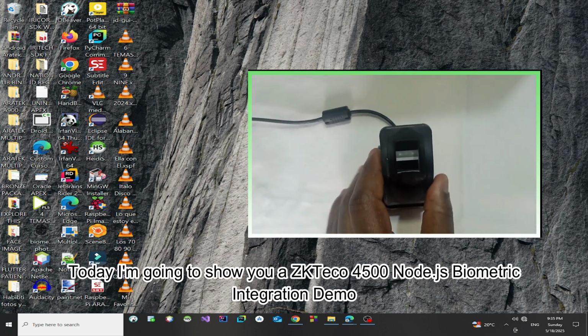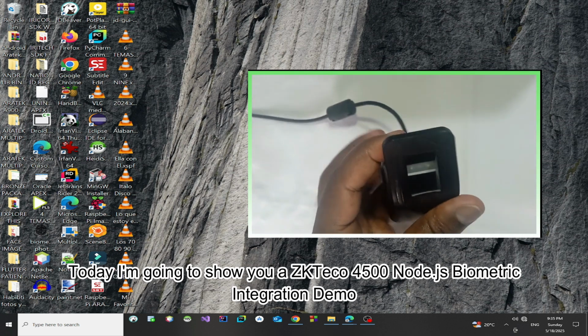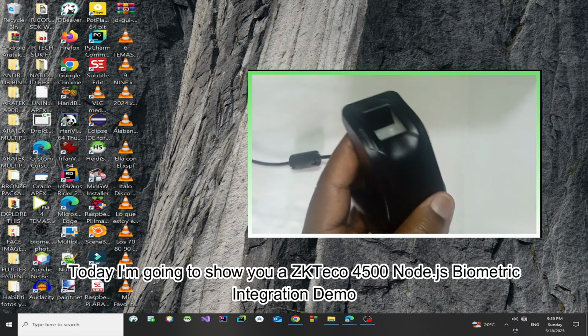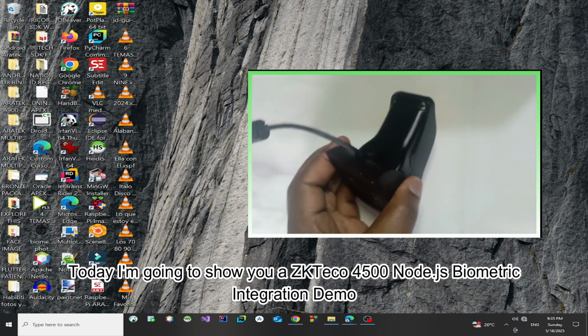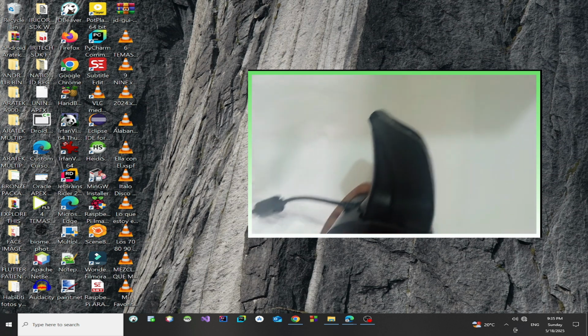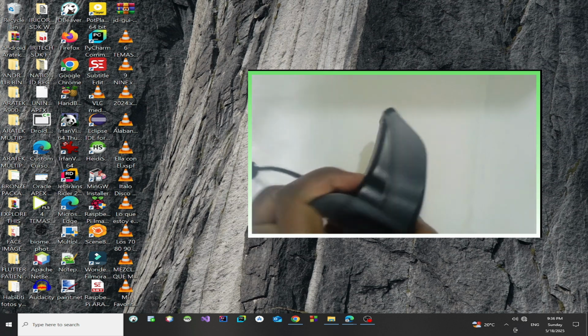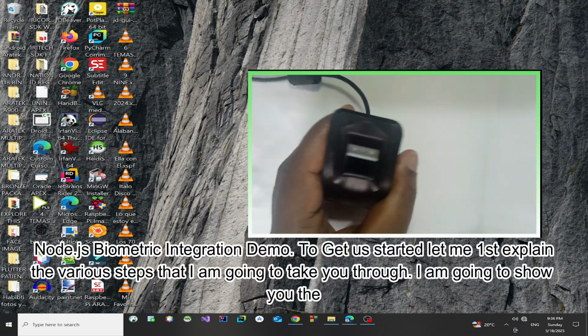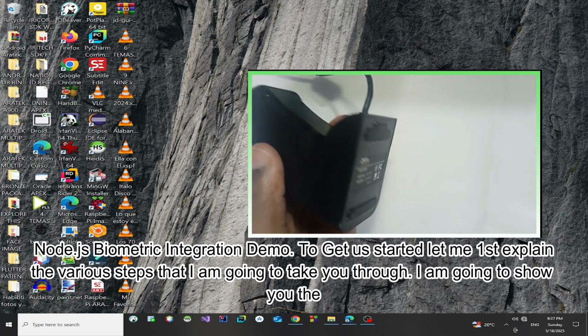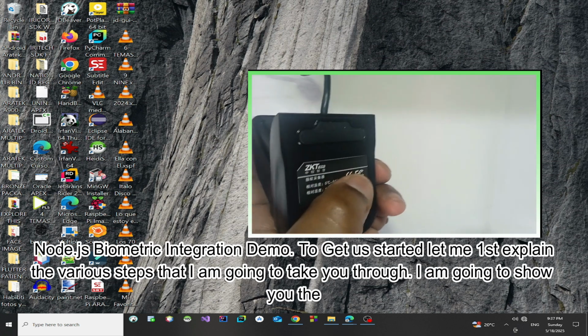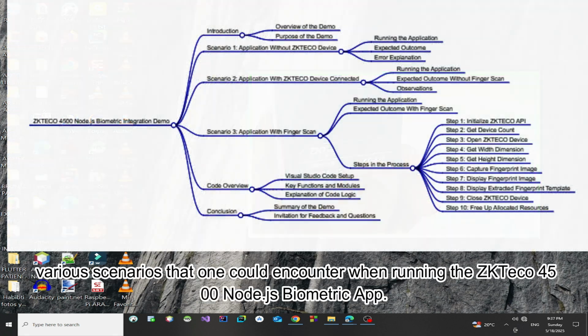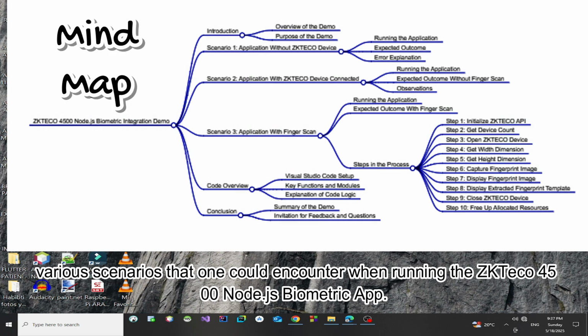Today I'm going to show you a ZKTeco 4500 Node.js biometric integration demo. To get us started, let me first explain the various steps that I am going to take you through. I am going to show you the various scenarios that one could encounter when running the ZKTeco 4500 Node.js biometric